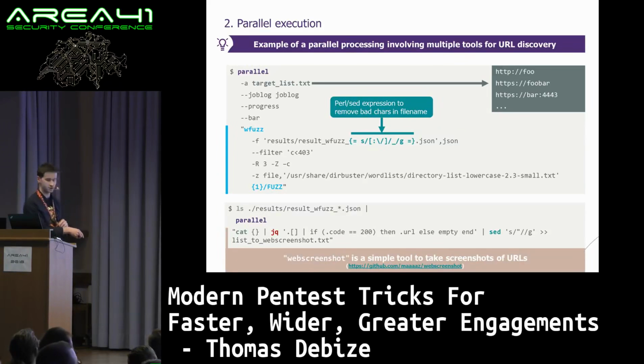This file is ready to be used by web screenshot, which is a tool I developed to take screenshots of URLs quickly and efficiently. So by combining everything, you're throwing most of your repetitive and cumbersome work to almost